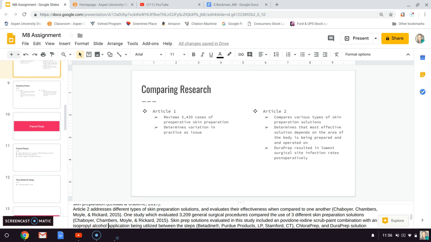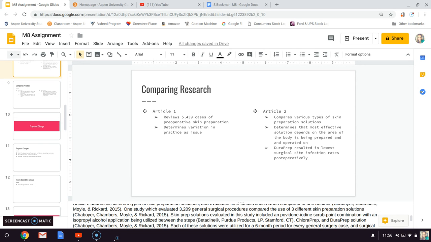Article 2 addresses different types of skin preparation solutions and evaluates their effectiveness when compared to one another. One study, which evaluated 3,209 general surgical procedures, compared the use of 3 different skin preparation solutions. Skin prep solutions evaluated in this study included a povidone iodine scrub paint combination with an isopropyl alcohol application being utilized between the steps. Each of these solutions were utilized for a 6-month period